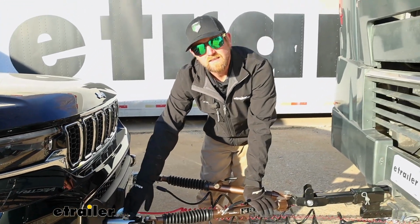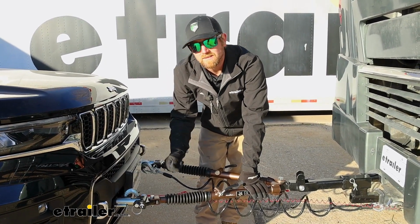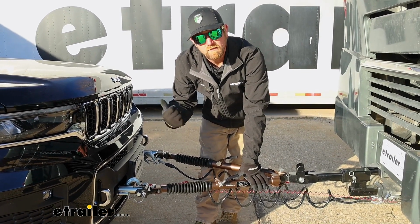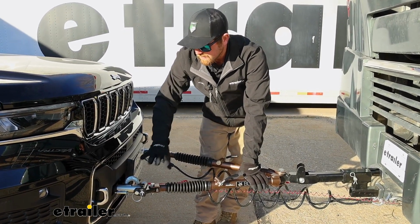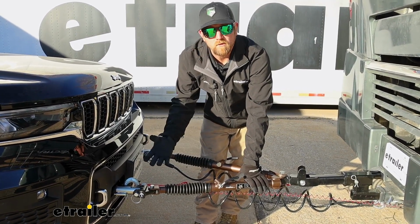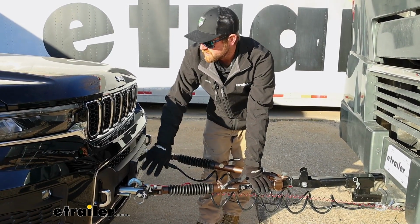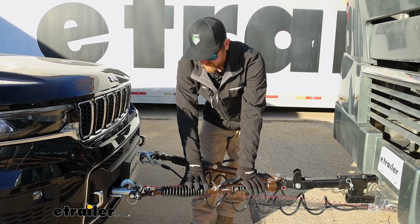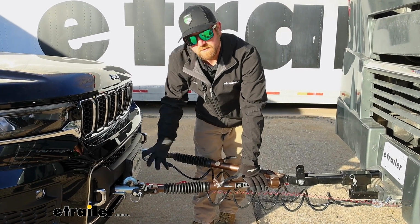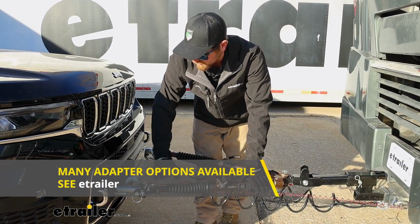your base plate. Speaking of base plates, this is going to be compatible with Blue Ox base plates, as well as Demco tabless base plates and the etrailer.com invisible base plates, so direct match up there if you have any of those style of base plates. And it can also work with other manufacturers as well. So let's say, for example, maybe your vehicle has a Roadmaster base plate on it, but you really want to use this tow bar. Chances are really, really good you're going to be able to, and that's because there's a bunch of different adapters available now that you can simply just switch out the ends here and allow everything to